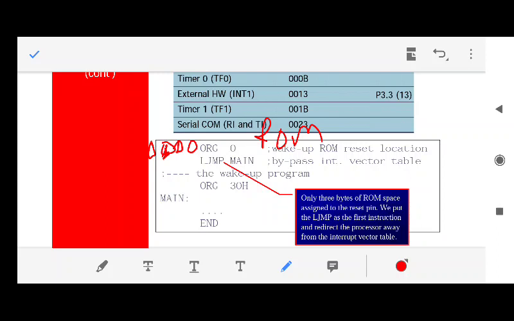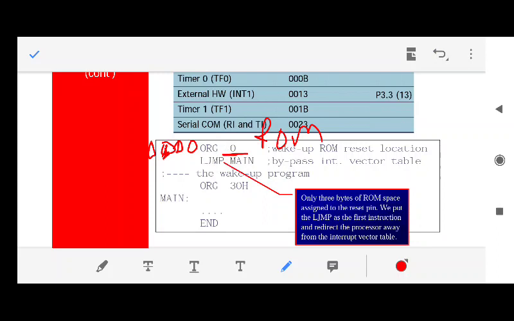If somebody is confused about what an assembler directive is, please go to my first video lecture which explains what an assembler directive is. This assembler directive ORG tells that this is the line number, this is the address.